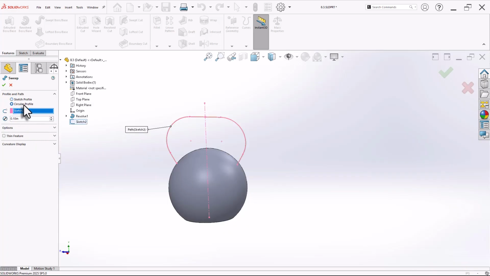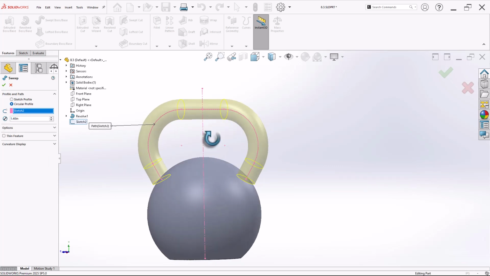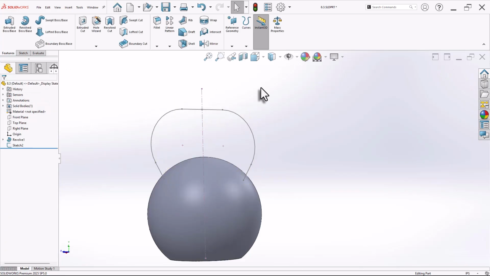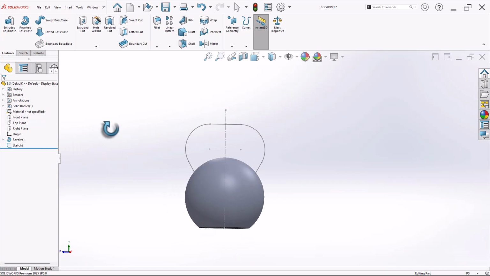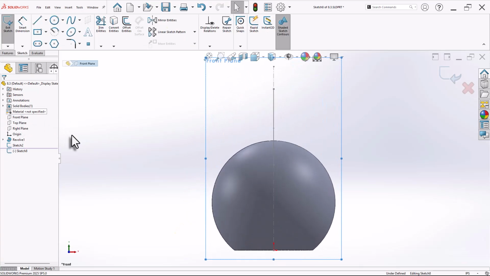Now let's use circular profile and enter the dimensions 1.4, and let's see what is the outcome. Now problem is it is sweeping from the center, so definitely the volume will be higher. So we need to sketch like this. Okay, so let's cancel all of this, and on the front plane let's create our profile